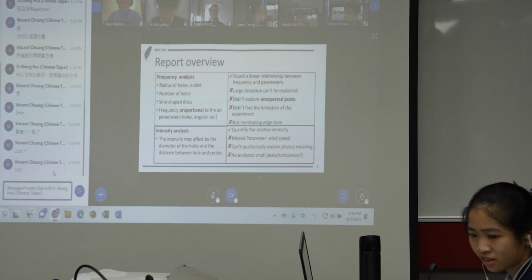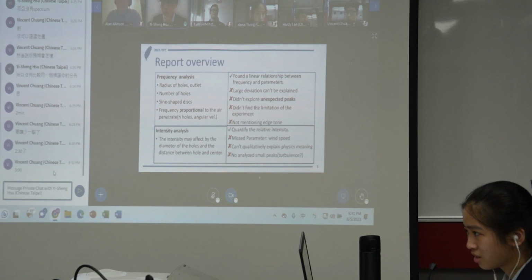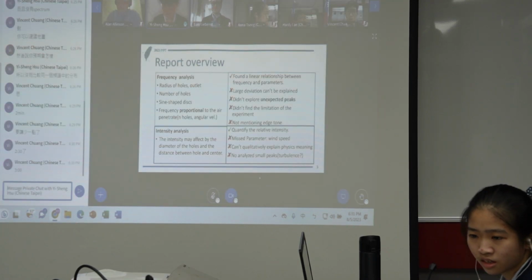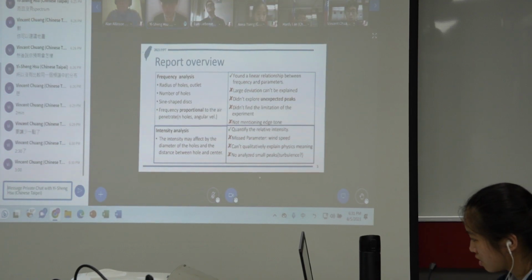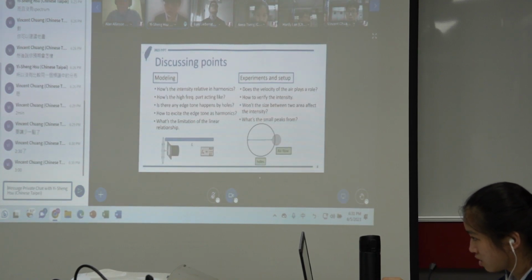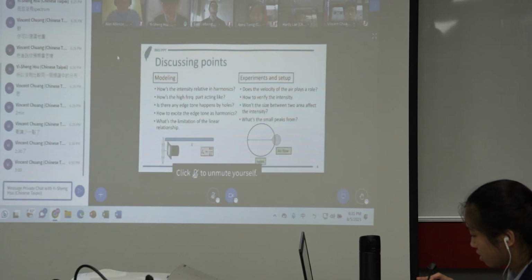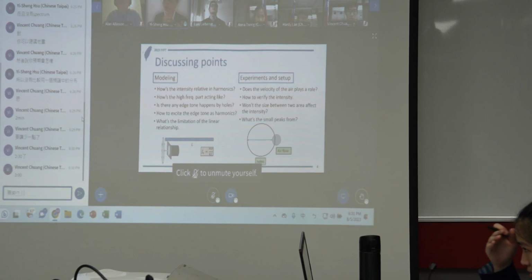And I think he has well quantified the relative intensity in different harmonics, but I think showing the spectrum will make us realize more how well the sound is distributed into the different harmonics. And for the discussion point, first I would like to present how the relative intensity in the harmonics will show, and also how did he